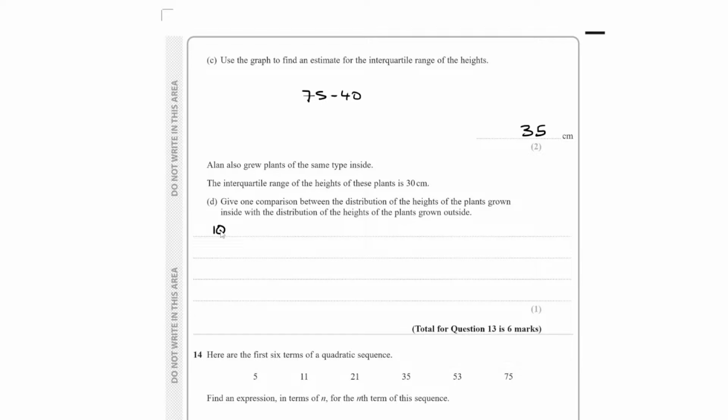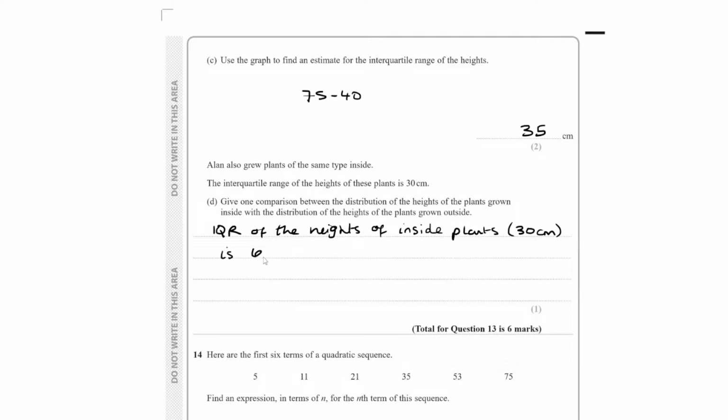So I would say the interquartile range, you don't have to write the whole word, just put IQR, of the heights, so I'm using the context of the plants inside. I just called them inside plants because I feel like they'll understand what I'm saying. Then in brackets you can write down the data, is less or is smaller, or some synonym